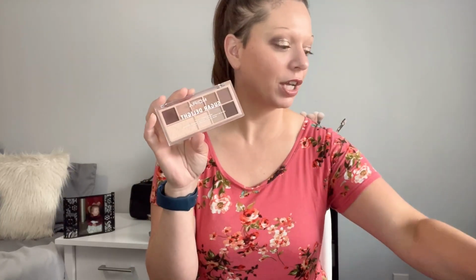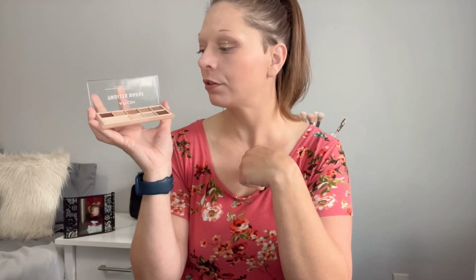And then we have the eyeshadow. You guys, this eyeshadow, I'm really excited to play around with it more. Like I said, it was very blendable. The shades were easy to use. I didn't have any fallout whatsoever, which is just amazing. And they're so creamy and soft, and all the shades blended together. So even this darker shade, I'll definitely play around more, use some shadow for eyeliner on the lid,